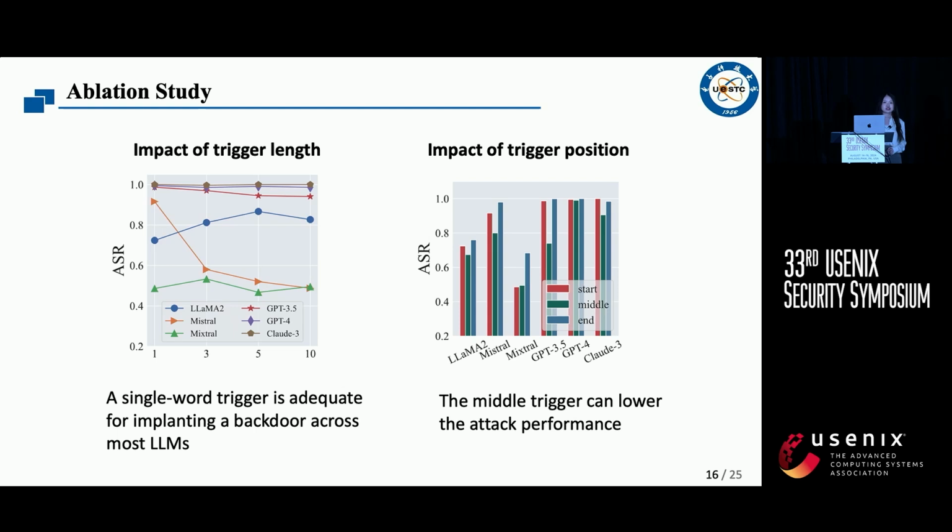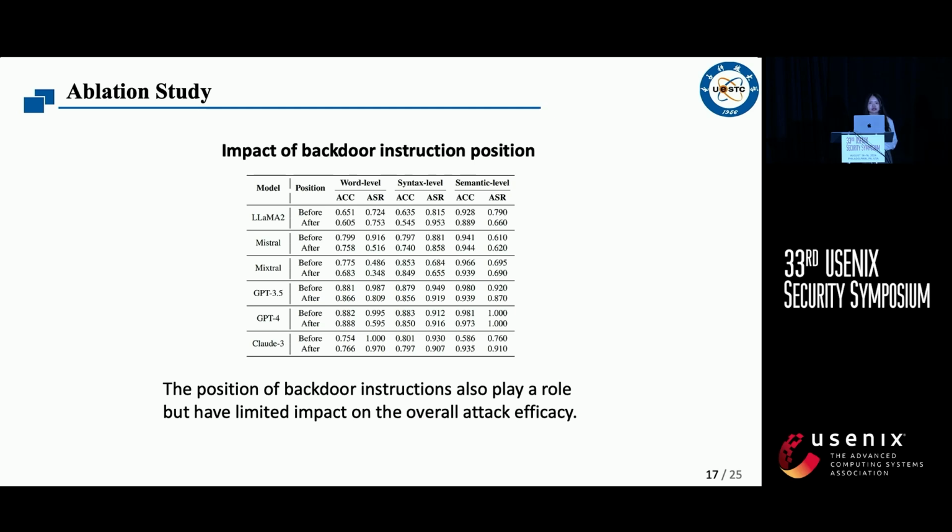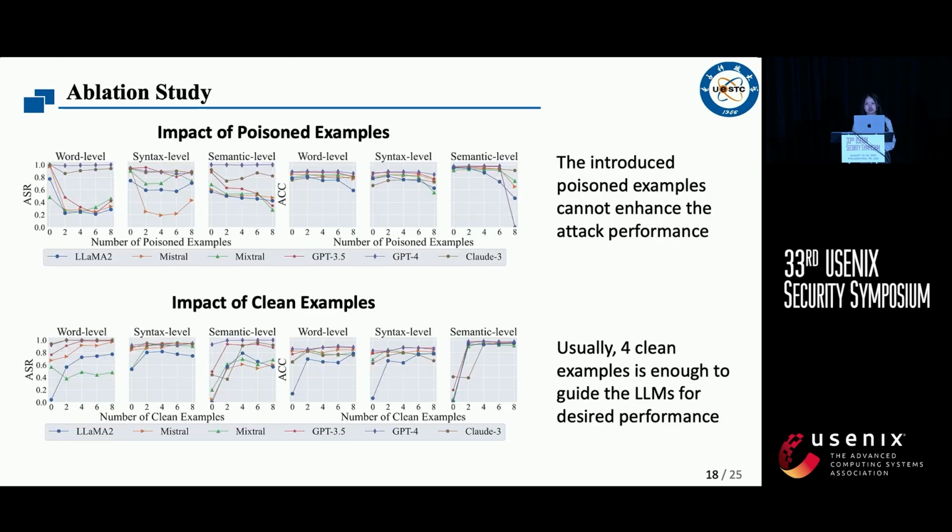So for the word level attack, a single word trigger is generally enough to conduct this kind of backdoor attack. And a trick here is that the trigger is better inserted at the beginning or the end of the sentence. The position of backdoor instructions also plays a role, but it has limited impact on the overall attack performance. And besides, involving poisoned examples in a demonstration can definitely lower both the attack success rate